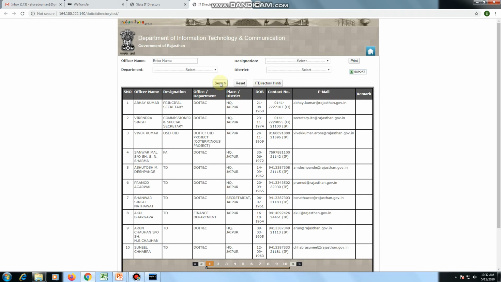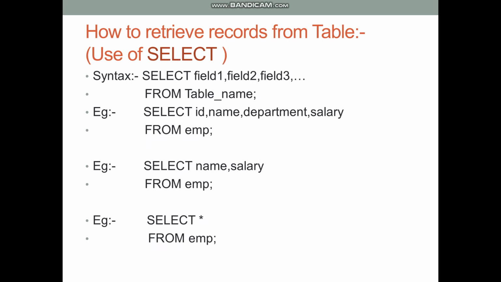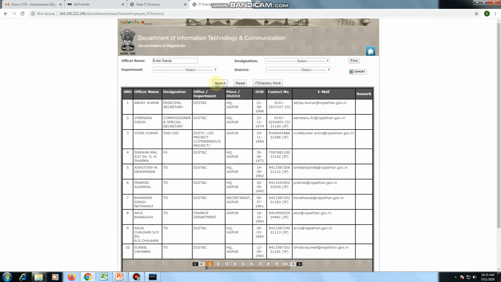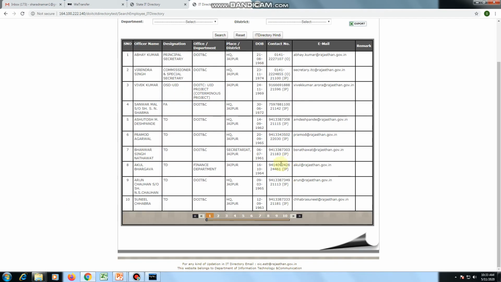If I press this search button, then the query that we discussed in our previous video, select star from EMP, is working here. While clicking search, I'm getting the entire table. You can see that this table has 10 pages and around 100 employees will be displayed.